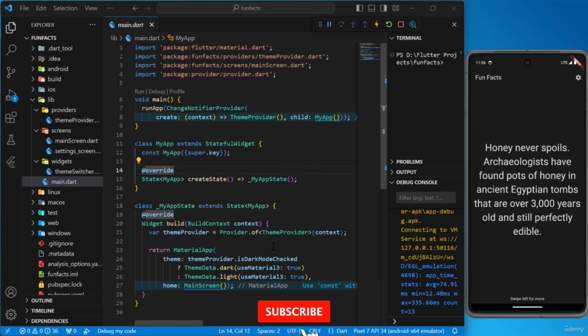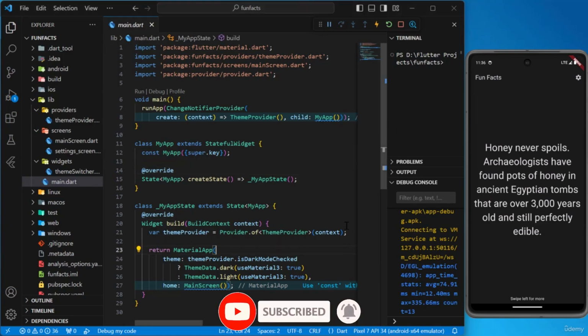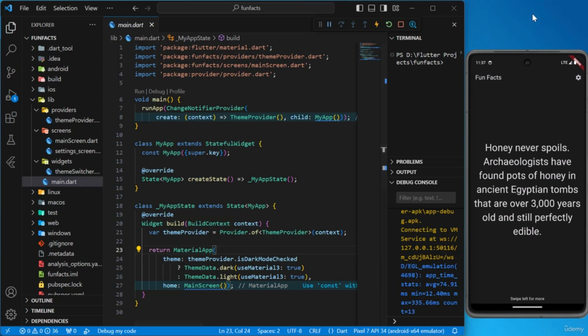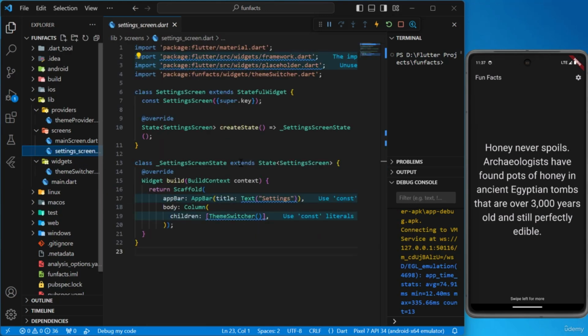In the previous lesson, we learned how we can watch for the global state changes and rebuild the widgets to reflect changes. So in this lesson, we will be working on updating the global state data so that any consumer tracking global state gets the update. Alright? Now as this theme provider can be accessed by any widget in our widget tree,